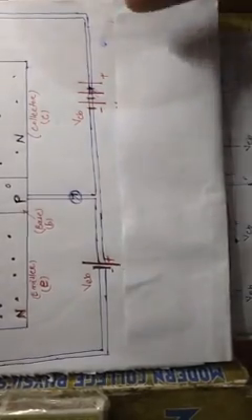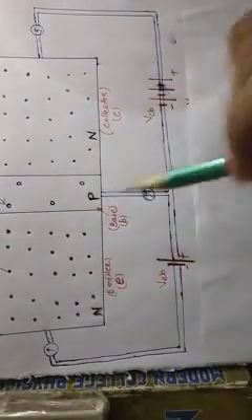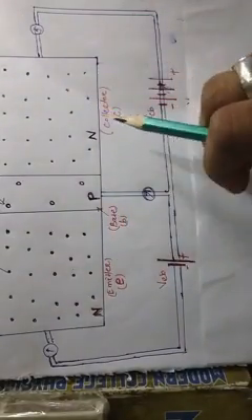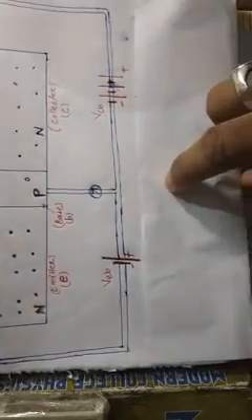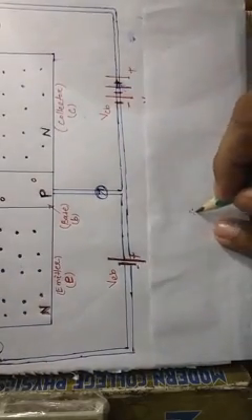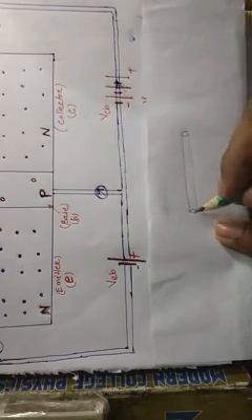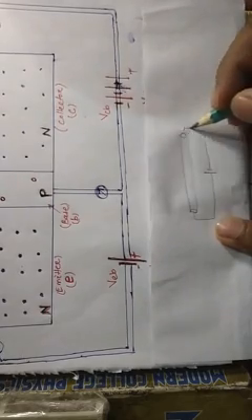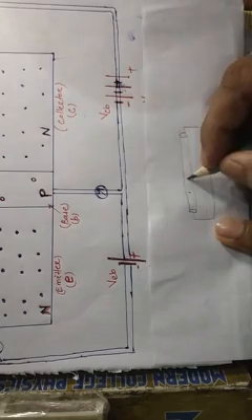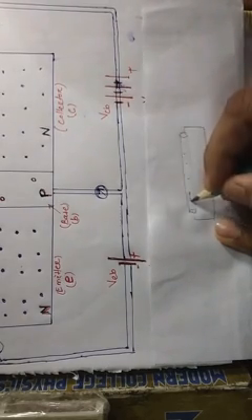Before I explain this figure or the working of the NPN transistor, there is a small thing we have to remember. If this is a wire and we connect a battery with positive and negative terminals like this, then in this wire, or conductor, the electrons will flow in this direction.